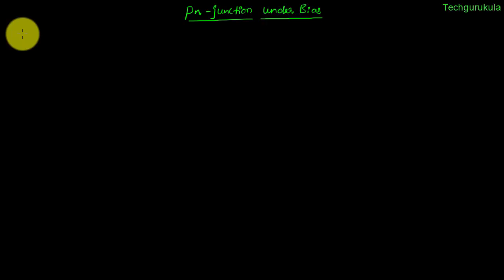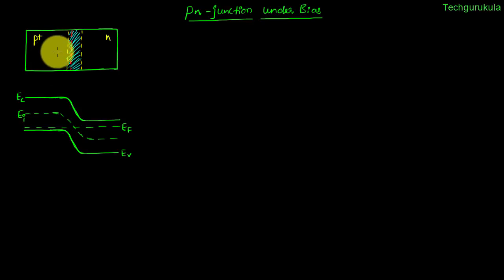In this video, we will see PN junction under bias. To start with, let me take PN junction under equilibrium, which we have been discussing so far, which is shown here. It has a depletion region, which we said is W, and its energy band diagram looks like this,